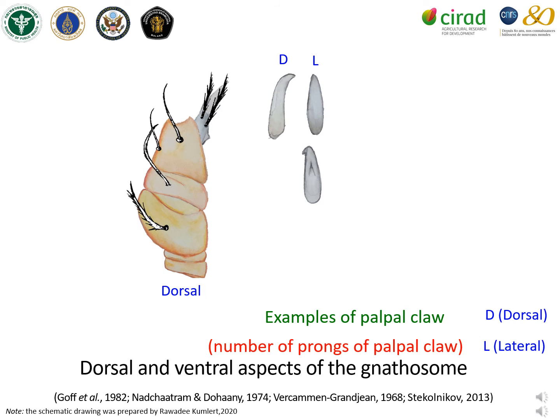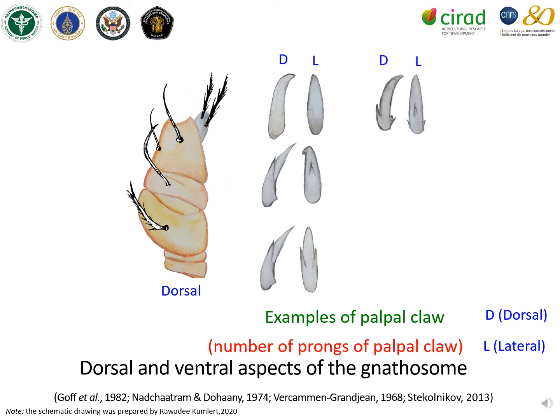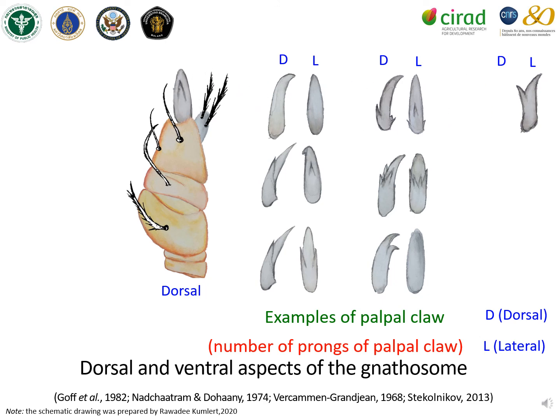In Schoengastia roselli, the palpal claw has 2 prongs, with the outer prong smaller than the inner one. In Xenodontacarus serratus, the palpal claw has 3 prongs. In Odontacarus unisetosa, the palpal claw has 4 prongs. In Odontacarus riani, the palpal claw has 7 prongs. In Eutrombicula hirsti, the palpal claw has 2 prongs, with the outer prong bigger than the inner one. And in Babiangia danieli, the palpal claw is bifid.